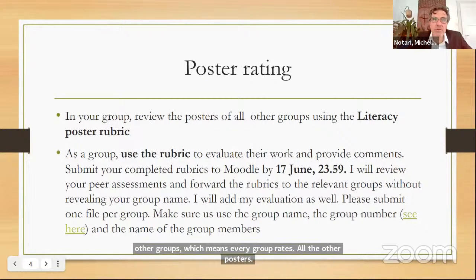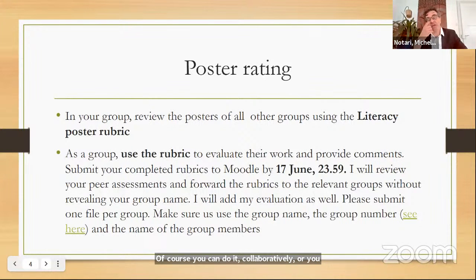Of course, you can do it collaboratively, or you can, as you're used to doing it, just give the task: you rate poster 1, the other one rates poster 2, but everyone has to rate it. And you have to rate it using rubrics. The rubrics are presented there for the poster. It was part of the work today, so you should be familiar with these rubrics. And then you also have to give a comment. And then you publish